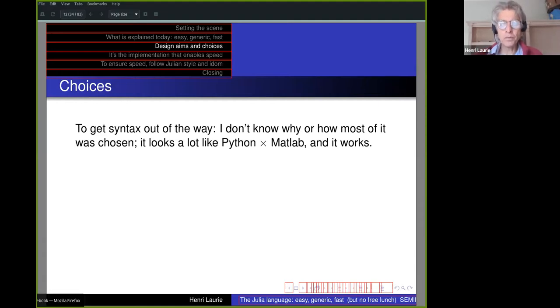So the choices they made, I don't know about the syntax. It looks a lot like Python and MATLAB. It works, but I don't know the history. So the first and most important choice probably is multiple dispatch. There was some dispute. You can get hold of some of the, in particular, the launch talk